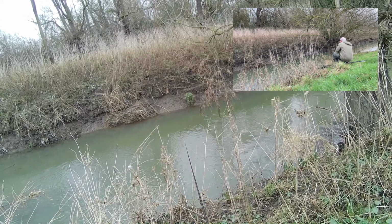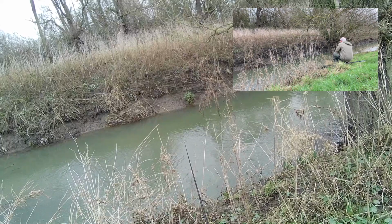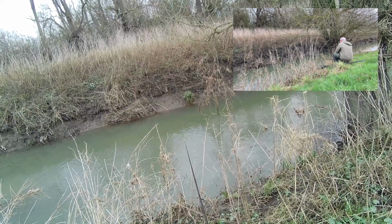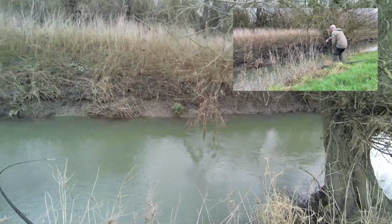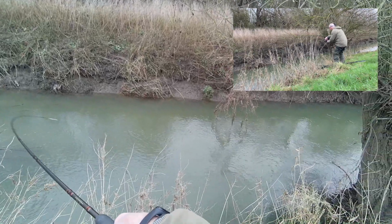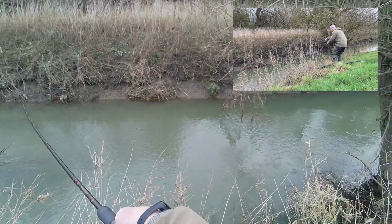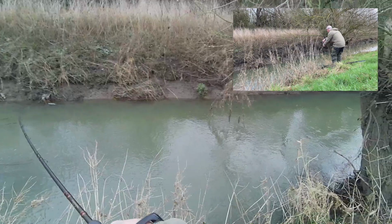I hope missing that first bite hasn't spooked this fish, because I really didn't feel anything, so it wasn't pricked or anything, so yeah, this looks promising. Yeah, there we go, that's it. There's one down there. I knew there was one down there. And the cheese paste obviously in this coloured water was the thing to use. I haven't seen it yet, I don't know how big it is. The water flows quite heavy here, so